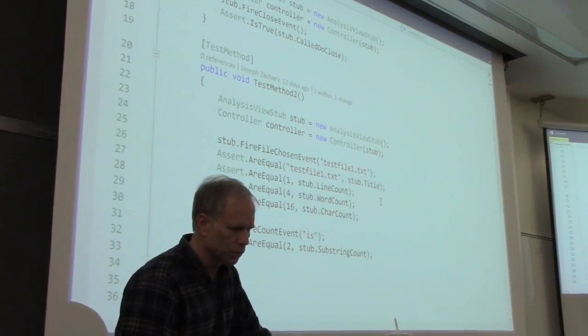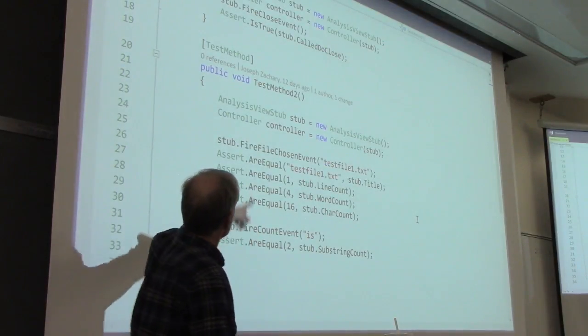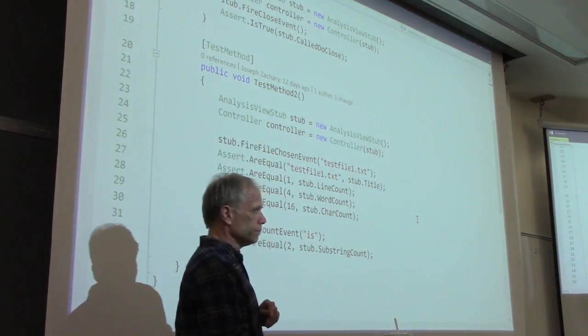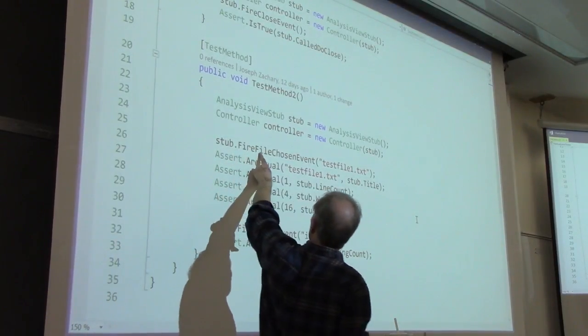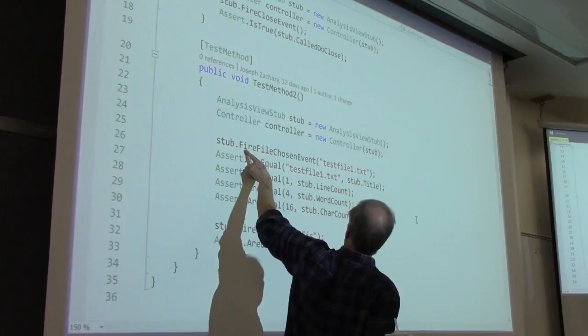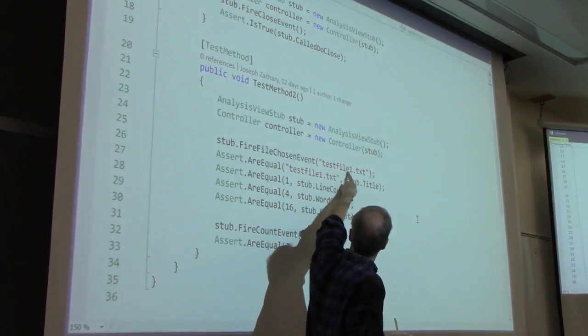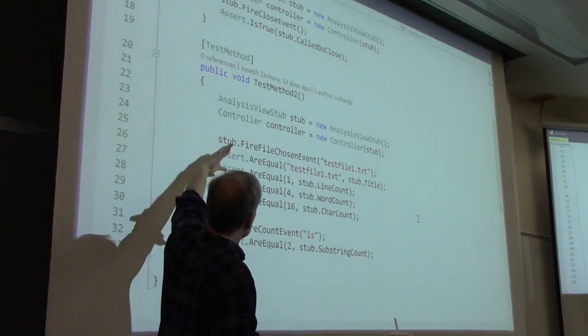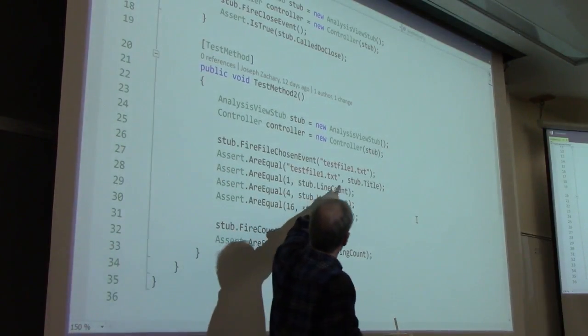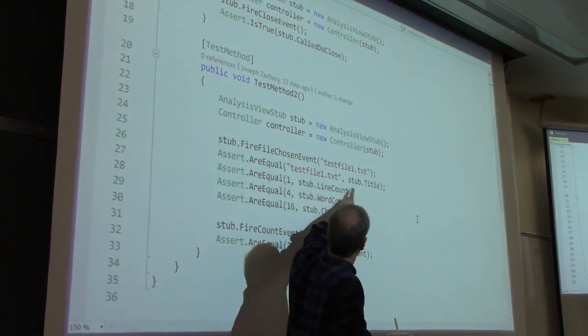All right, test method 2 is a little more involved. So we create the stub and a controller to control it. Then a file chosen event is fired. So we fire a file chosen event, and we pass test file1.txt in. And then we assert that an attempt was made to change the title of the window to